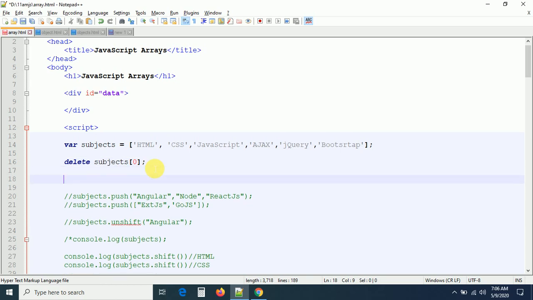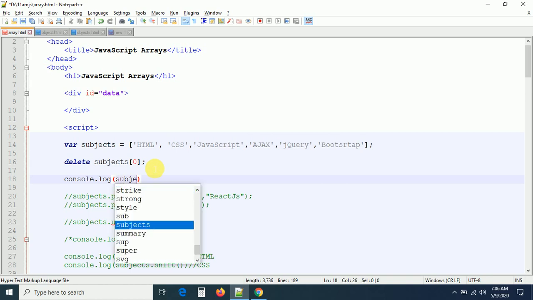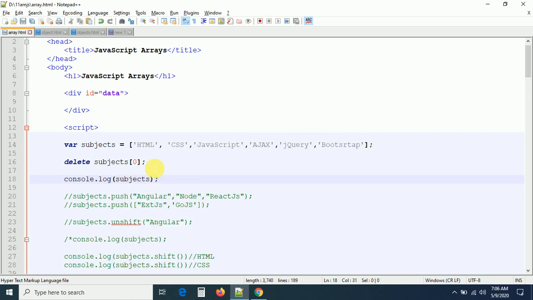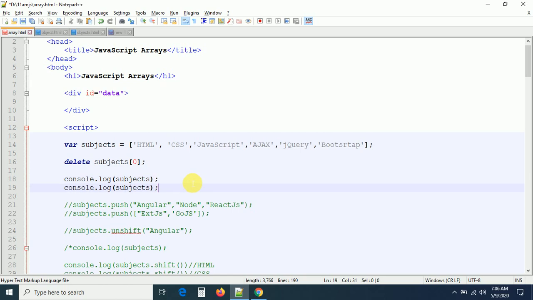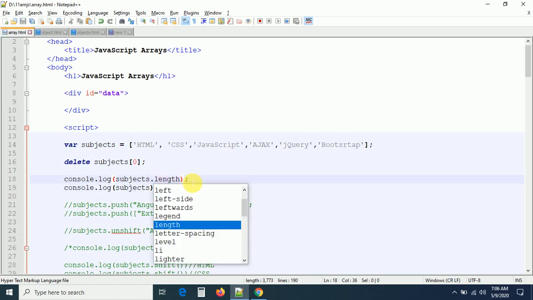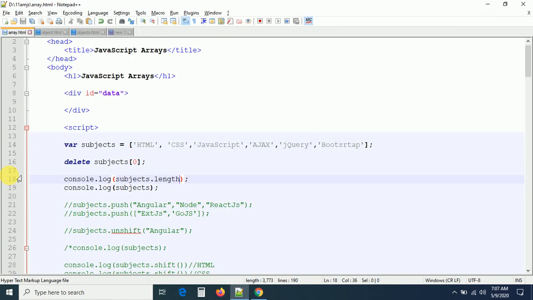Can you see? Now I am going to print it, console.log subjects. Can you see the output of it? I applied the delete operator to remove the element here. Can you see? The element is empty. If you want, you can find the length of it also. After the element is deleted, what is the length of it? We already had 6 values here. So now how many values are there? 6 values. If the element is removed, we should get 5 values now. But it is not giving that, guys. The delete operator is not recommended to delete an element from an array.